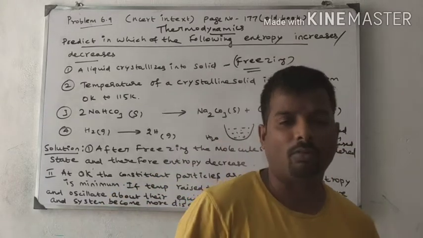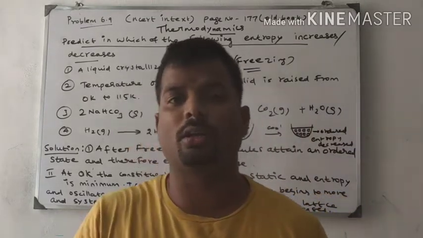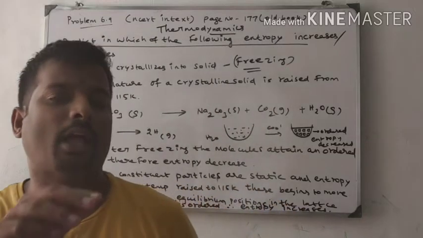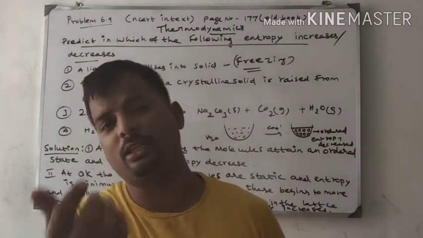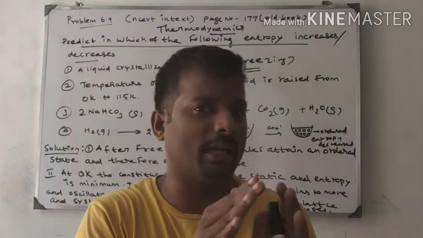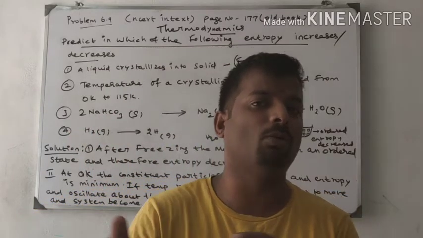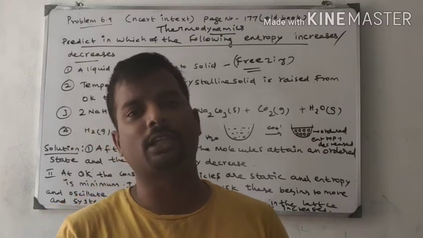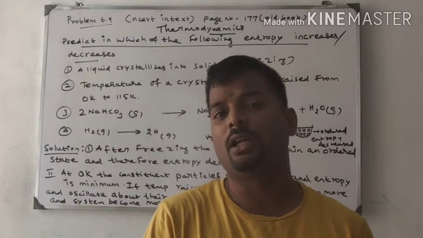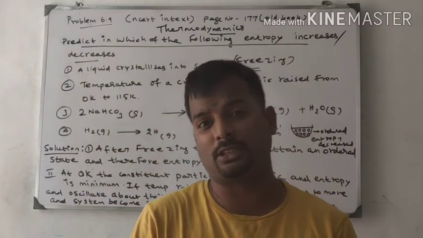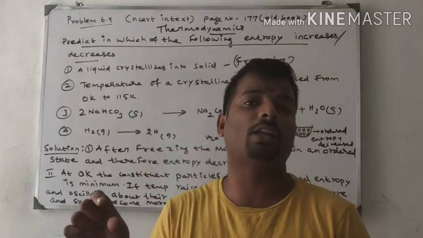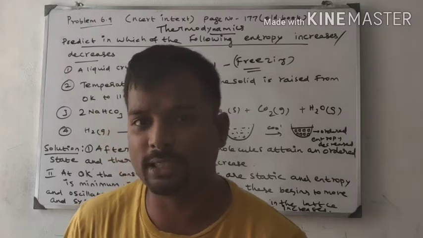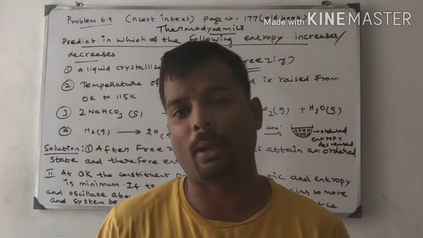In ice, the water molecules are arranged orderly, but in water, the intermolecular space between one atom and another is increased in the liquid state. Therefore, there is some space between them, so they move here and there. Some disorder is created. But in the solid state, the intermolecular force of attraction is strong. The atoms are closely packed and orderly arranged. Therefore, entropy is less in the case of solid when compared to liquid.